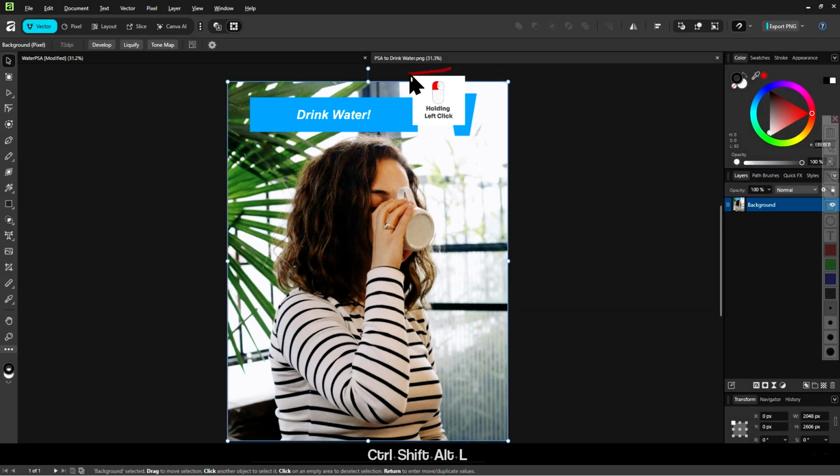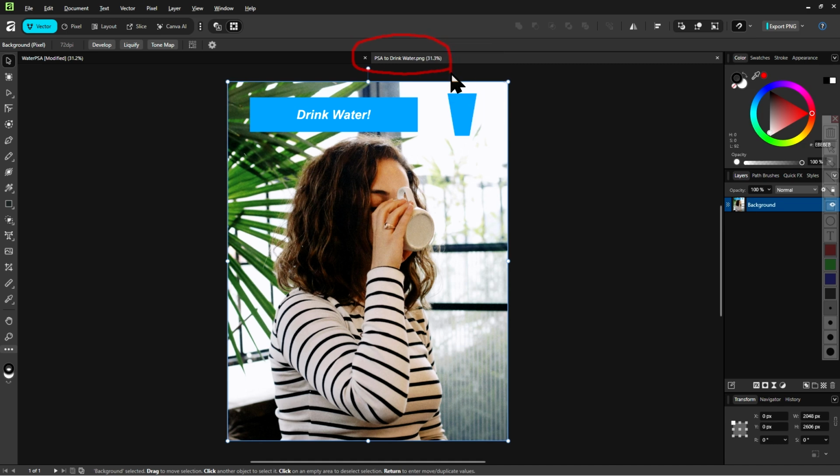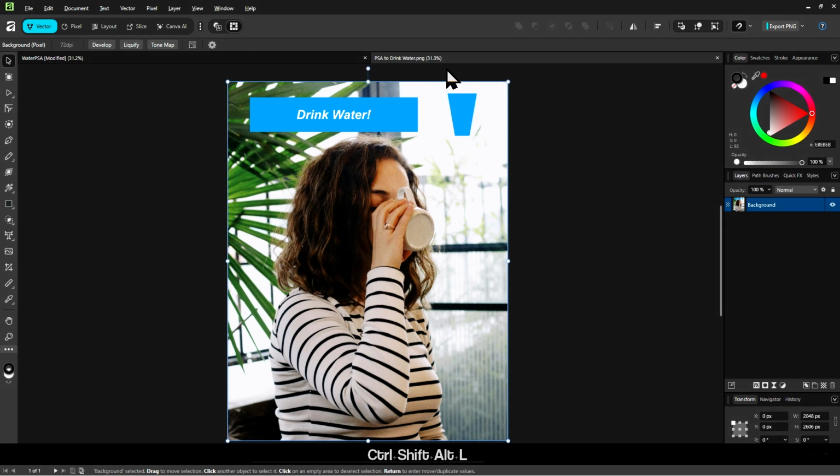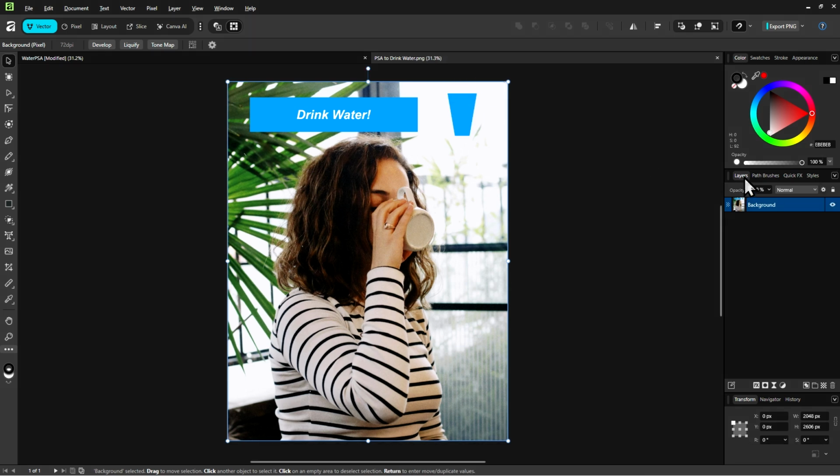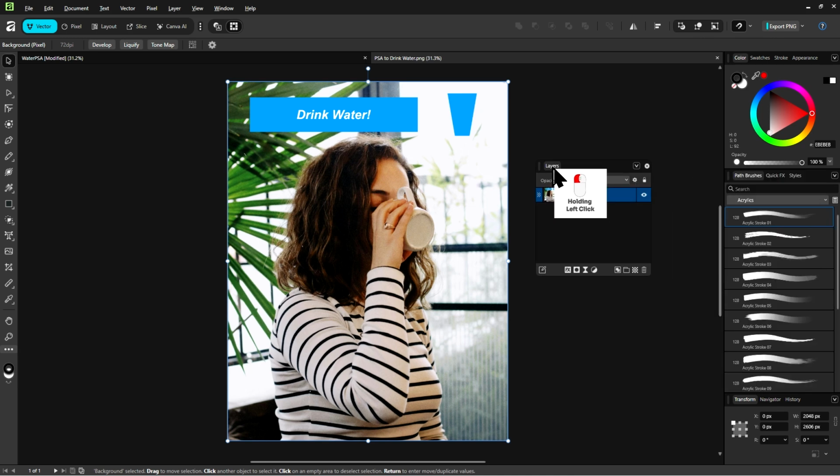So this opens up a new tab in Affinity here, which is our PNG file. And look at our layers panel. As you can see, there are no layers and no objects beside this one single flattened image.